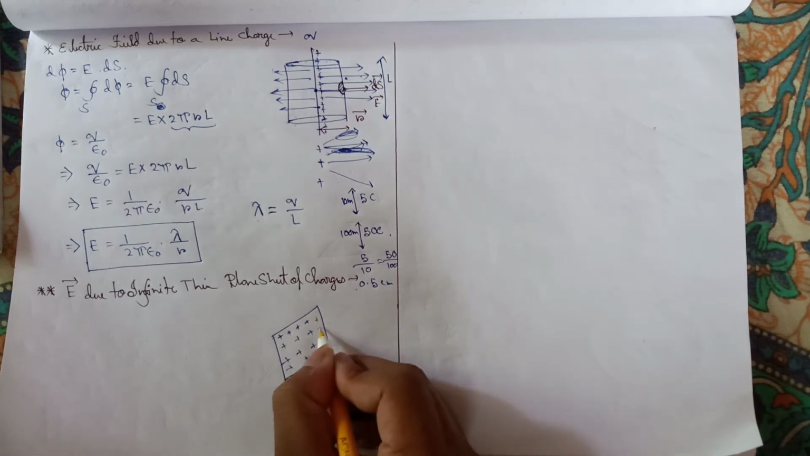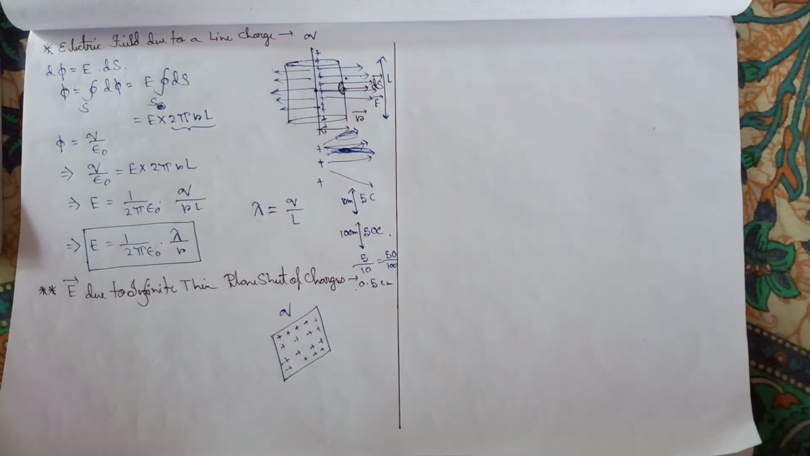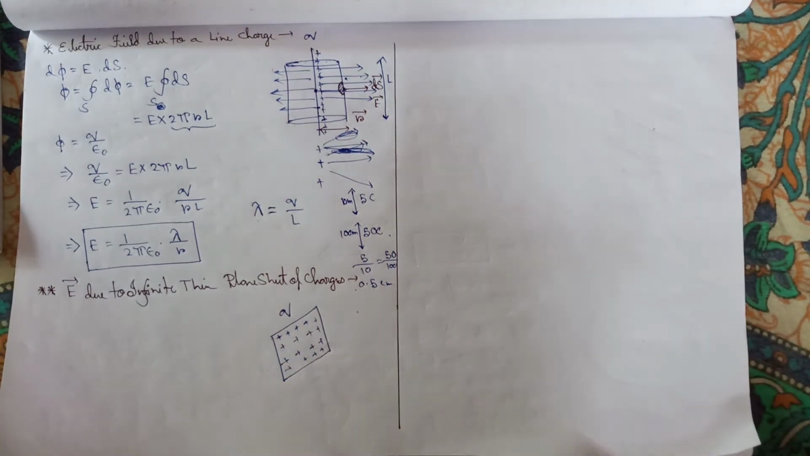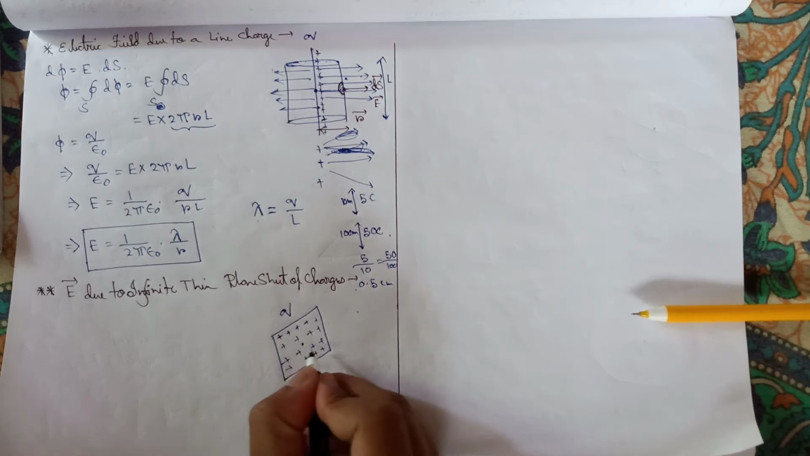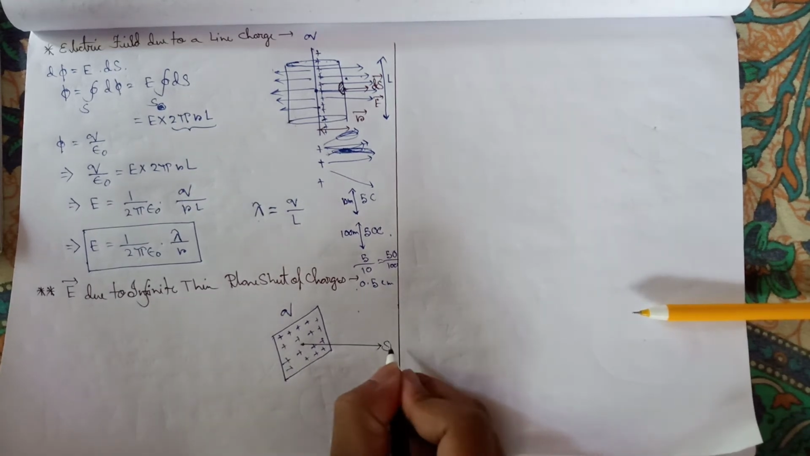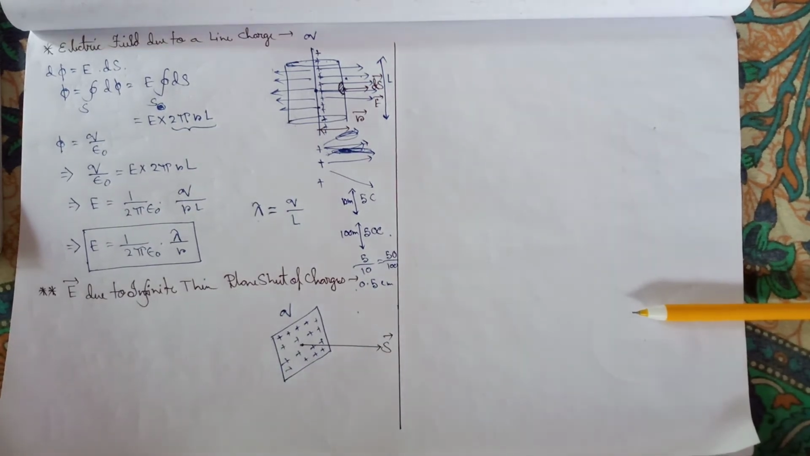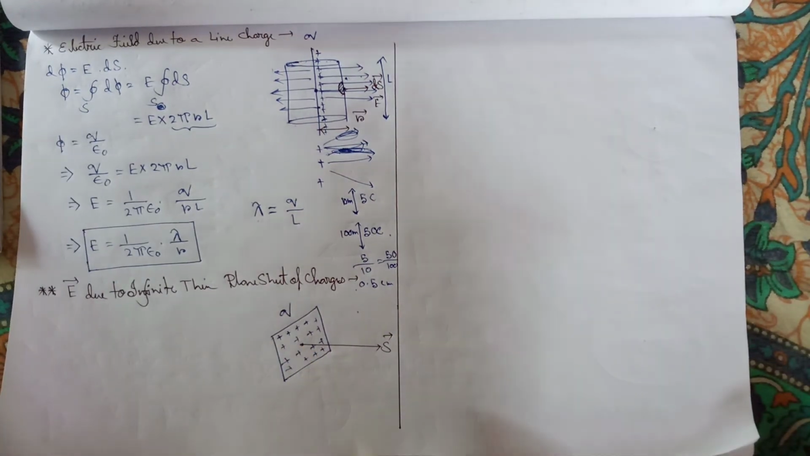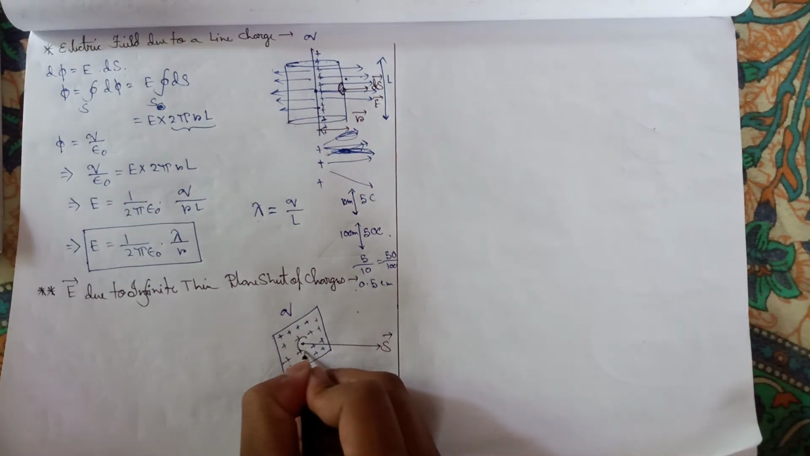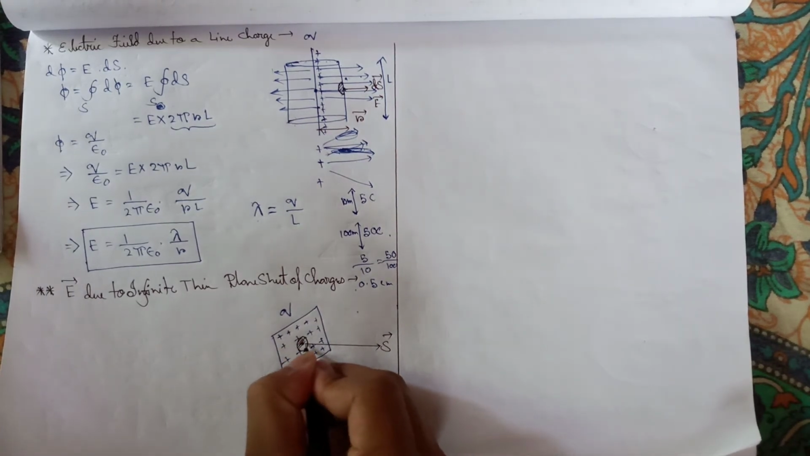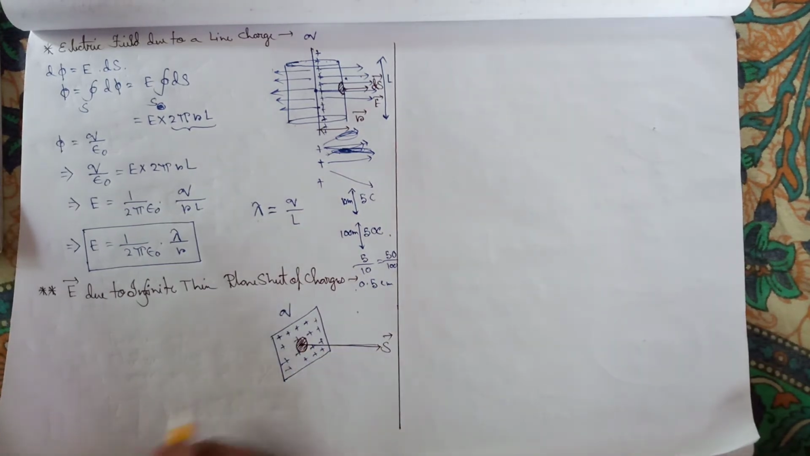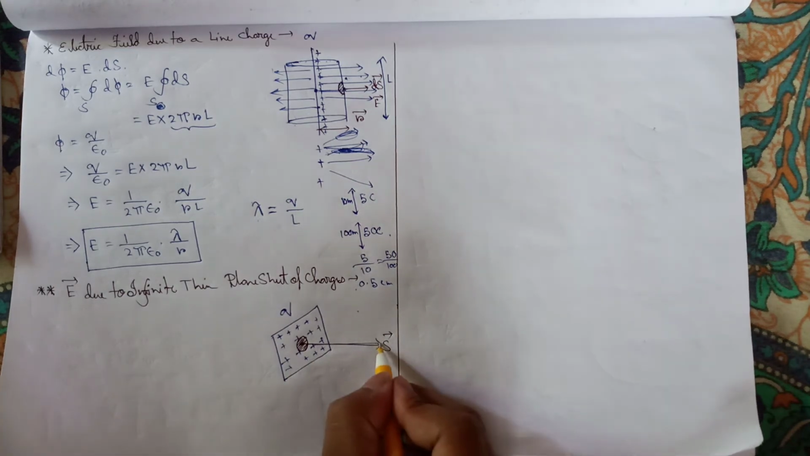So this surface contains a charge of q, and let's say the area of this whole surface is S. So the area vector will be like that, normal to that, right? So electric field lines will also be like that. Suppose let's consider an elementary portion, an elementary area. So electric field lines will be like that, normal to the surface, and